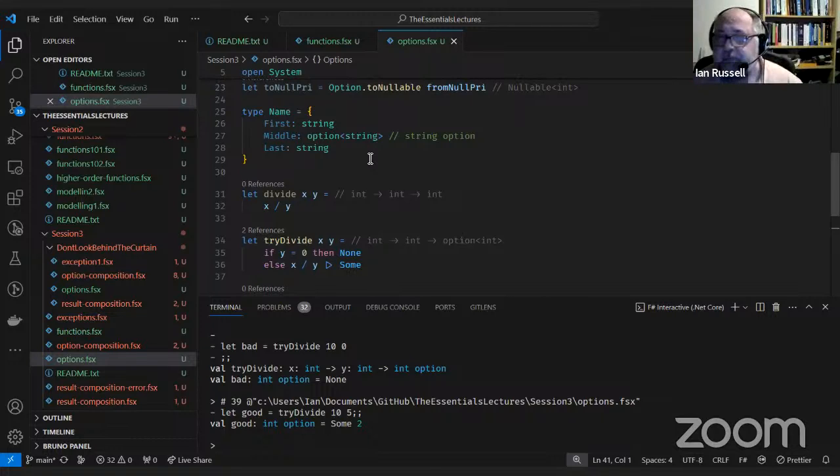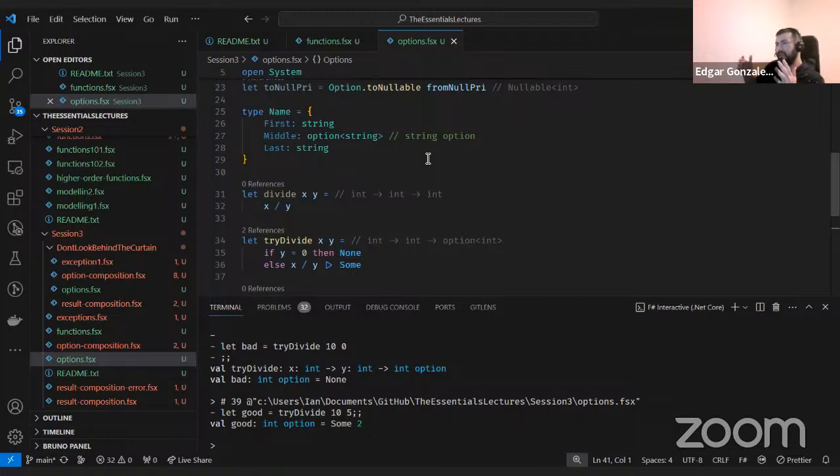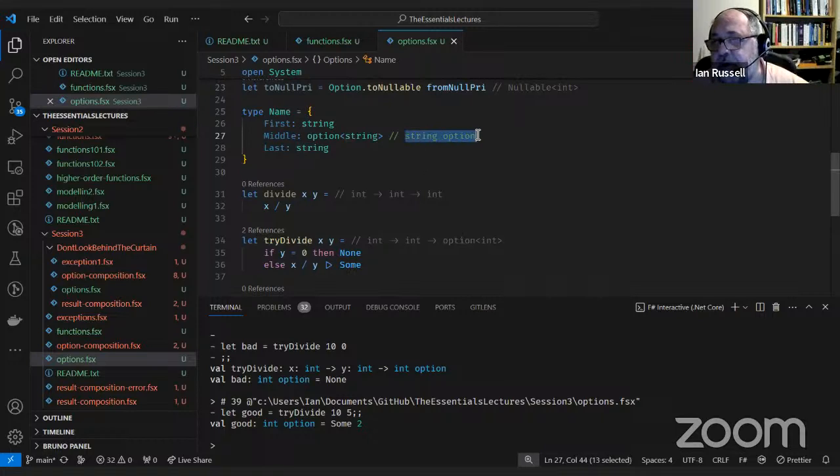Personally, I tend to use a style guide where, when I write code, it's string option rather than option angle bracket string, but it's up to you, whatever you like. Most people use string option rather than this style. People that start out, particularly coming from C#, will use option of string.